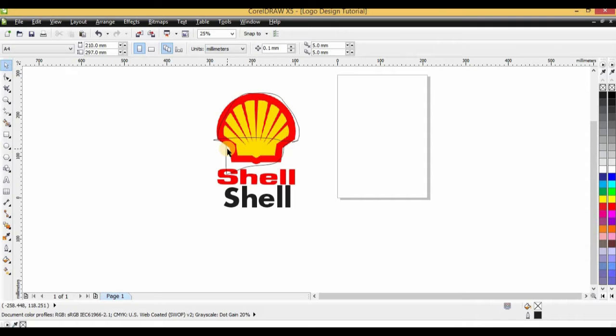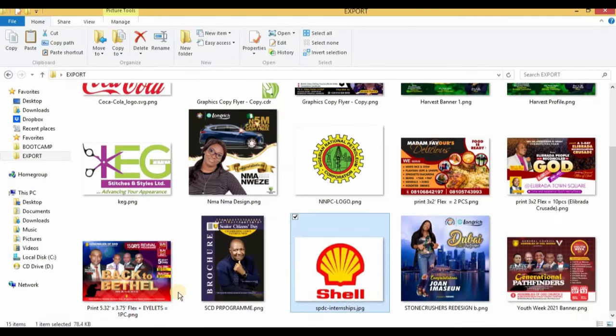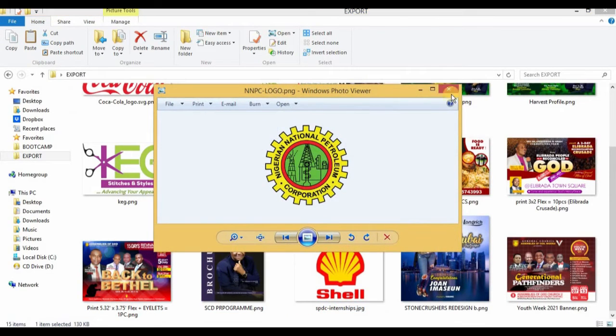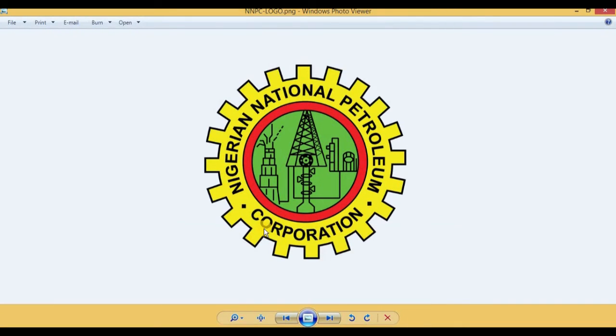And you can as well have some more complex logos, like I showed you, stuff like this. These are not the kind of logos you design for 500 or 1,000 naira. You need higher money, a higher price for this. Okay, now if you have the capacity to design a logo, or maybe